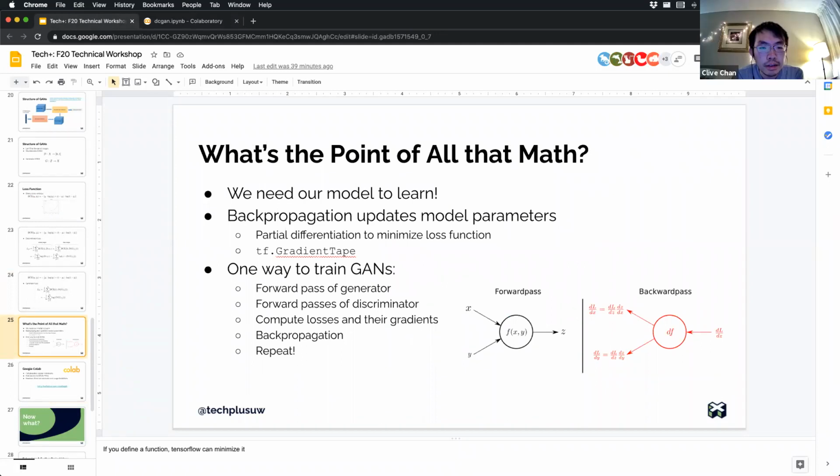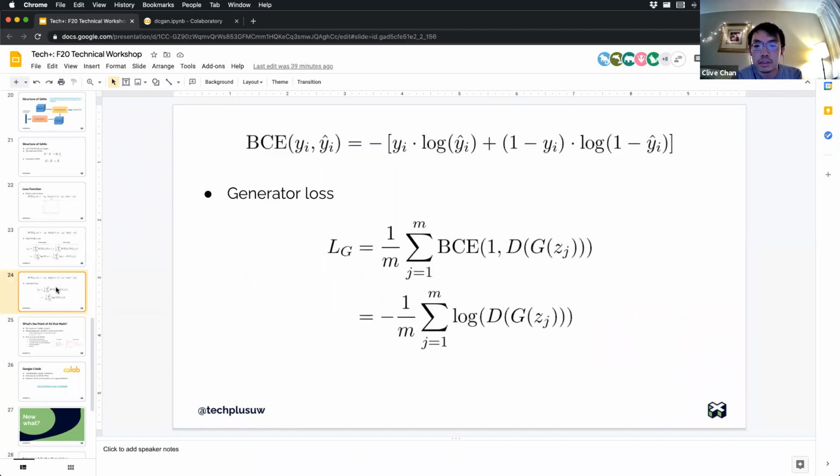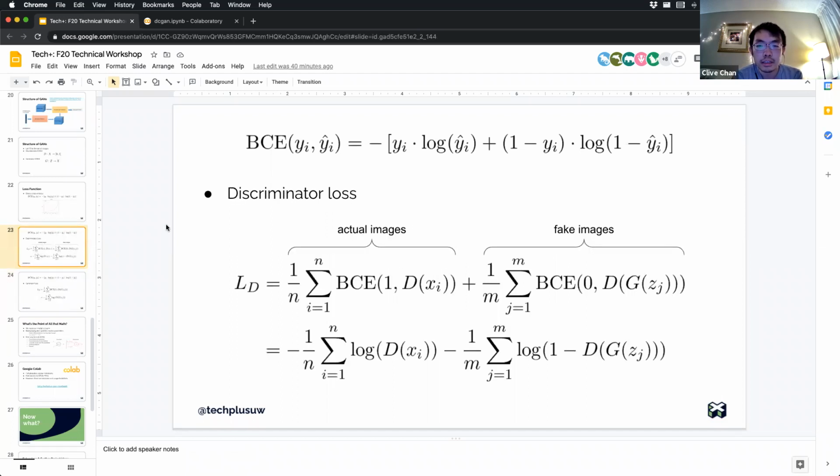Like, the neural network has weights in it, and the whole point of training a neural network is you want to change those weights to do what you want. If you combine everything together and you want to get one number for how well your thing is doing, then you can use this loss function as a number for that. So the loss function for the generator basically says how bad is the generator. The loss function for the discriminator basically says how bad is the discriminator. And since you have one number,